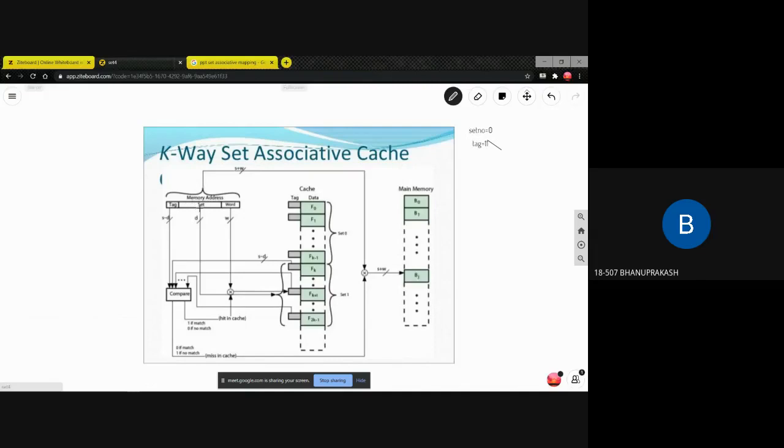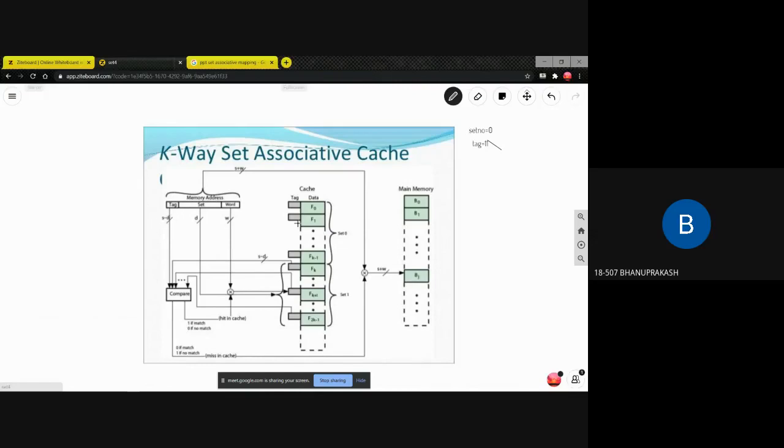First we'll check the set number. If the set number is 0, we'll go to set 0 and compare the tags of that set with the tag of the memory address. If it is present, then it is a cache hit. If it is not present, then it is a cache miss. When it is a cache miss, we have the block replacement algorithms, so that this block will be replaced